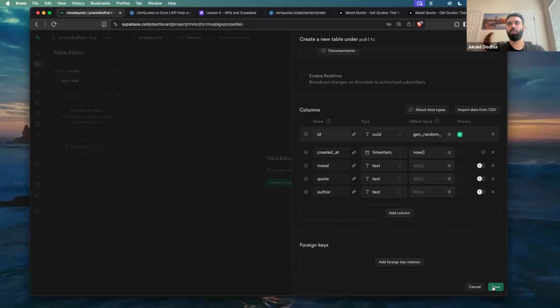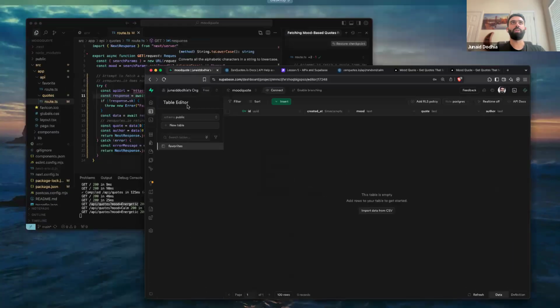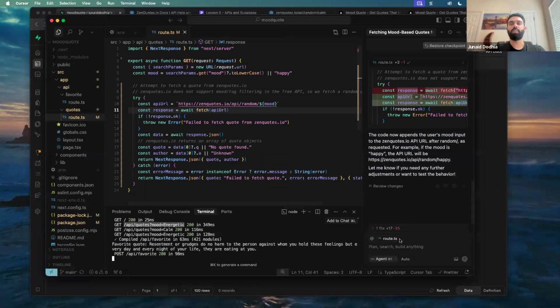And that's it. I'm going to hit save. It's adding columns to our database table, so we have ID, created at, mood, quote, and author. Okay, great. Now let's go back to our code base and let's inform